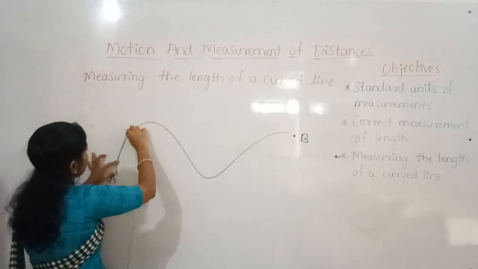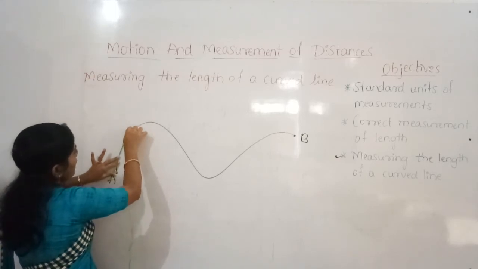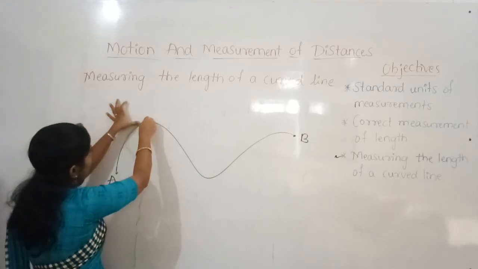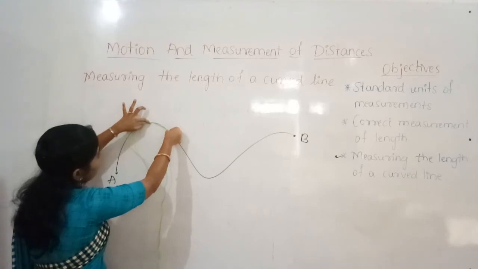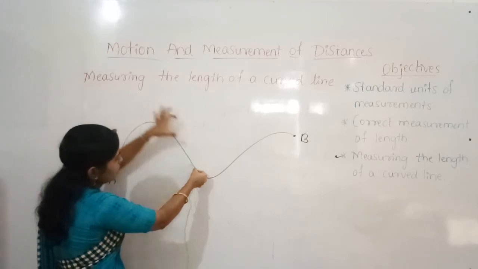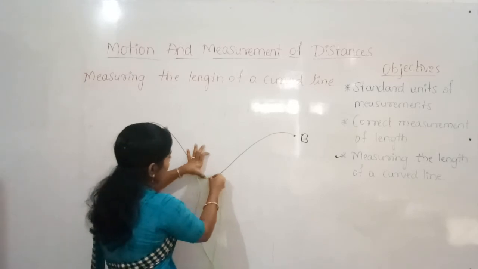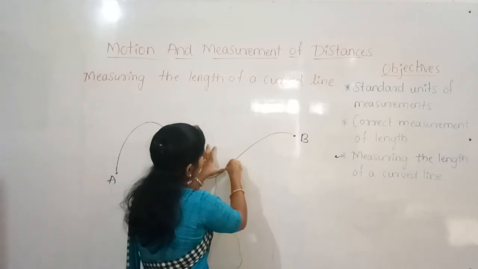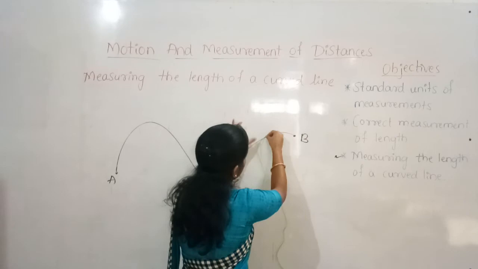So wherever it goes, exactly on that line, here you just dot your finger, and again you dot here, and again like this. So wherever the curves come, you just go on doing like this exactly on that line. Okay, yes, so like this, and you have to stretch the thread so that you can get the correct readings. So like that you just go on measuring.